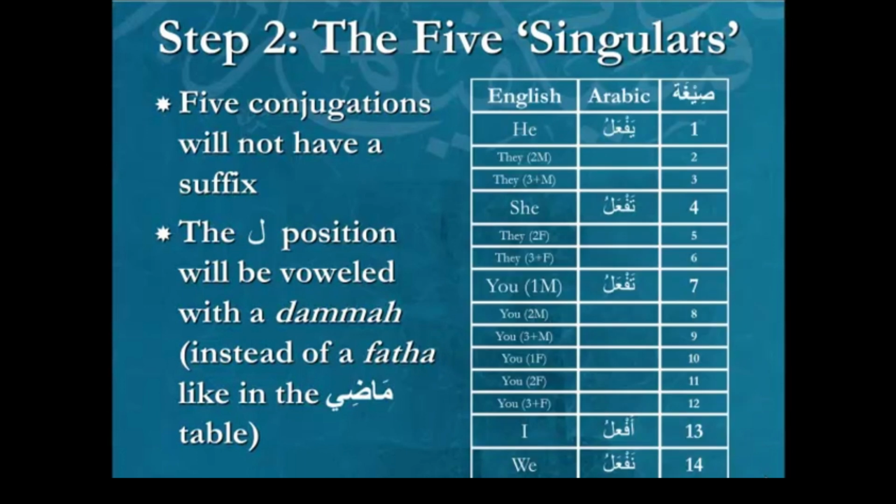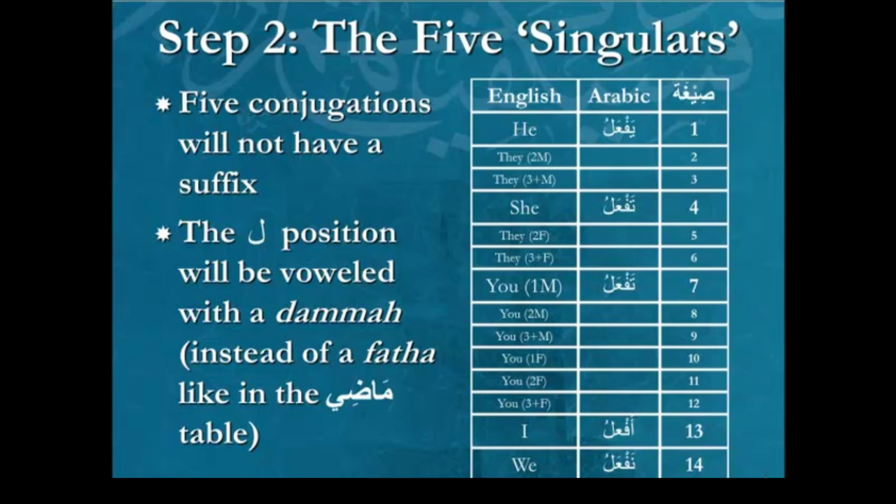Here you see all 5 of them. In the title it says 5 singulars. The word singulars is in quotes because it's not entirely accurate, because you see number 10, which is a singular. Remember the association table layout, what we gave to you in week 1, and you should know that cold, like the way it's distributed. Top 6 is third person, middle 6 is second person, and then I and we at the bottom. So accurately, the 5 singulars would be 1, 4, 7, 10, and 13. But notice that number 10 is not part of the group. Number 10 will be discussed later. It has its own unique ending.